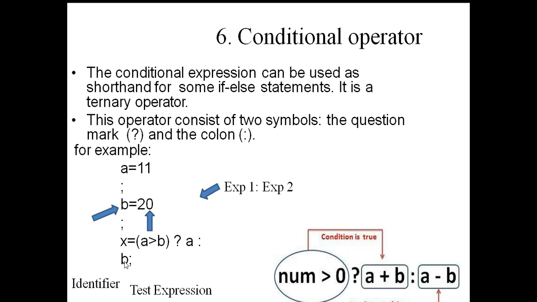And you can see one more example, number > 0 ? a + b : a - b. So in this case, you are comparing number, if it is positive or negative, and if it is true, then the values of a and b will be added, and that result will be assigned to some other variable using the assignment statement. Otherwise, if it is false, number is not greater than 0, that means number is negative, then a minus b will be assigned as result to the variable.